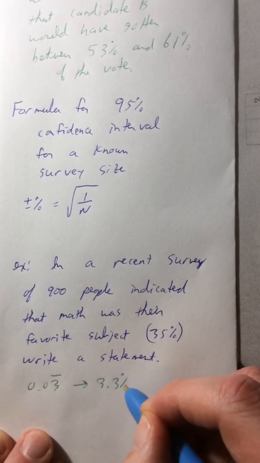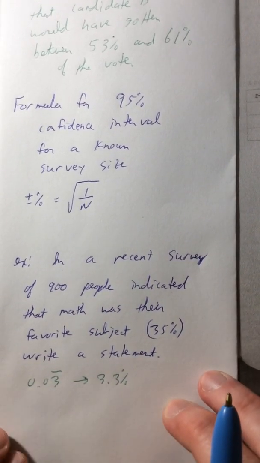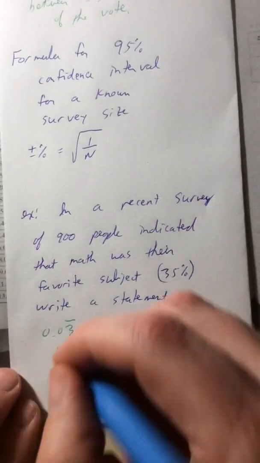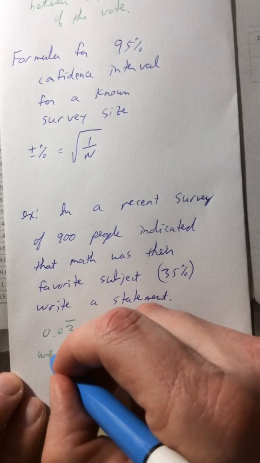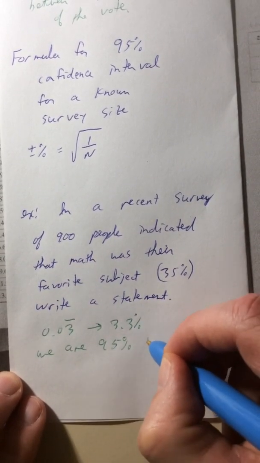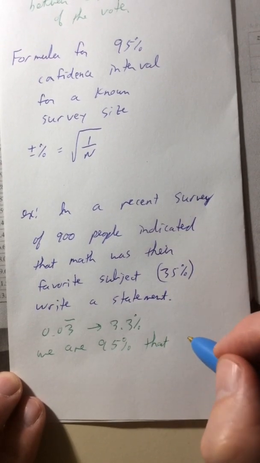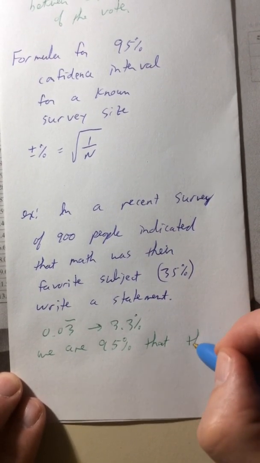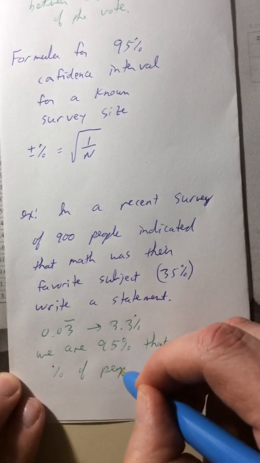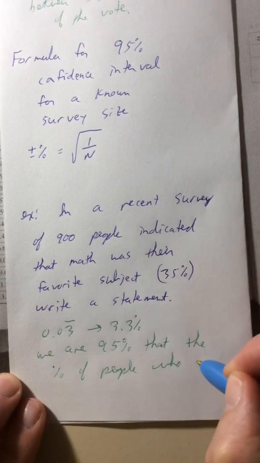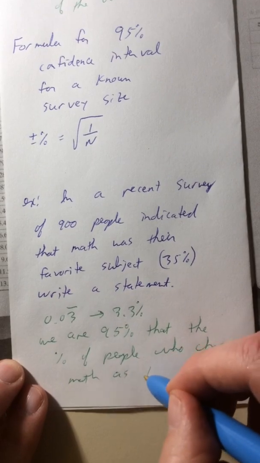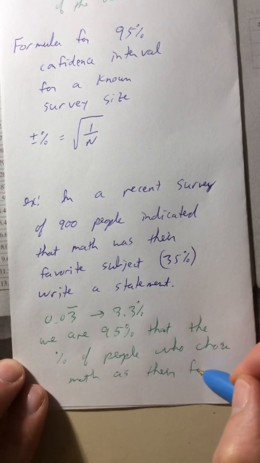I'm just going to write 3.3%. And so again, what I want to do is make the same kind of statement that we made up here. So we are 95% certain that the percent of people who chose math as their favorite subject